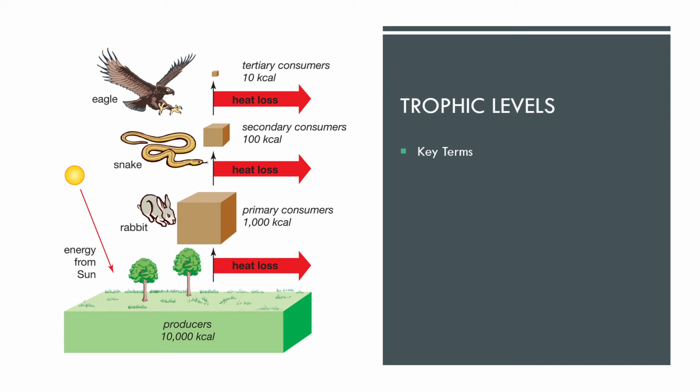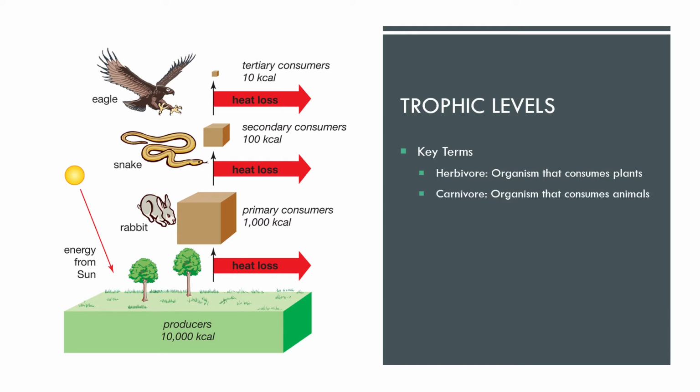Okay, so some key terms we can get. Herbivore is an organism that just eats plants. Those are going to be our bottom level consumers. Anything in the primary consumer, we're going to talk about why it's called primary consumer in just a second. But anything called a primary consumer is going to be an herbivore. Just primary consumers. A secondary consumer cannot be an herbivore. They can be an omnivore, but they are not an herbivore. I'll explain that in just a second.